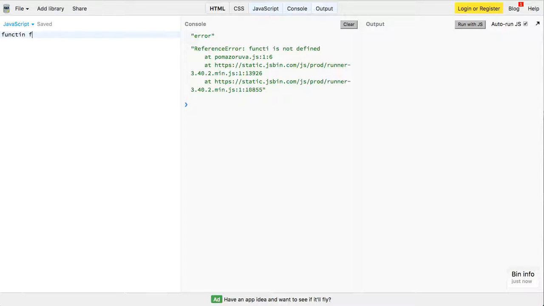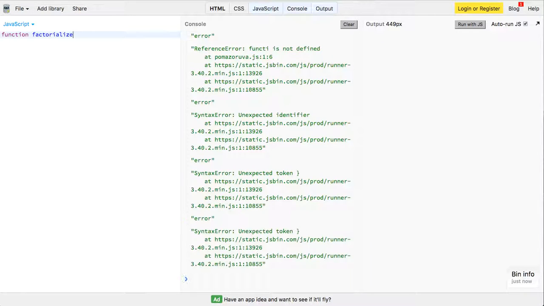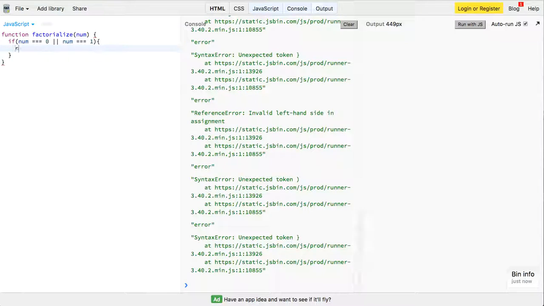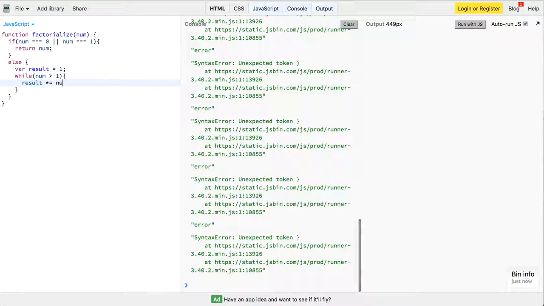Let's try it with an iterative approach. In order to do this, guys, we can set up our same base case. So we say if num is equal to 0 or num is equal to 1, let's just go ahead and return the num. Else, we're going to run a while loop. First we want to create this variable called result. We're going to set that equal to 1, and we're going to say while num is greater than 1, let's go ahead and result times equal num. Let's decrement num by 1,